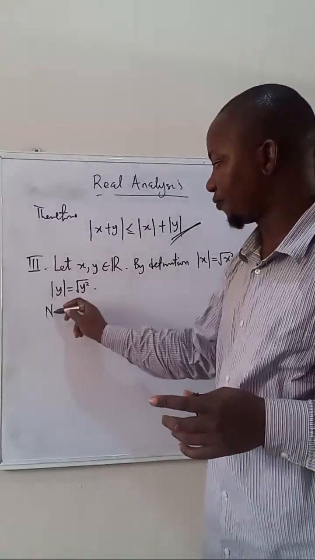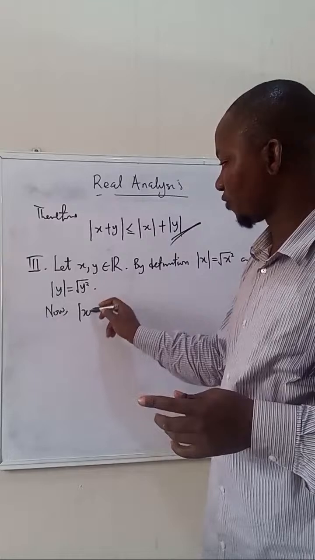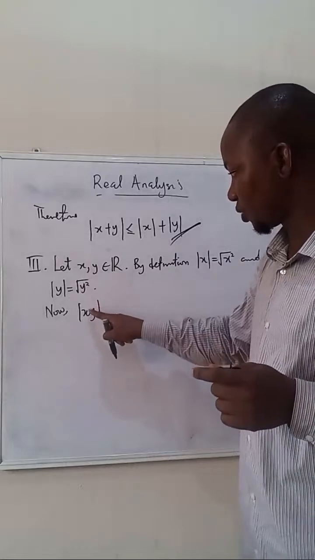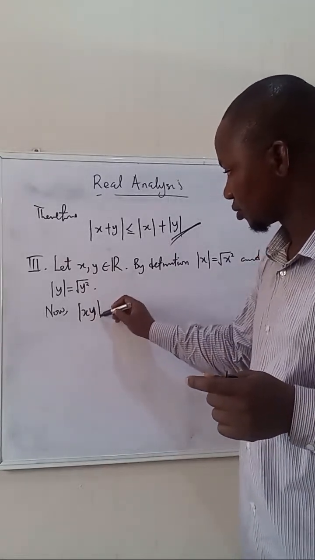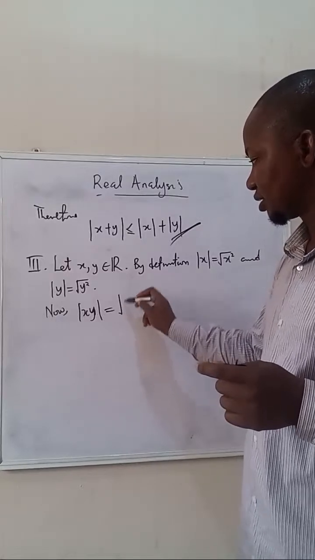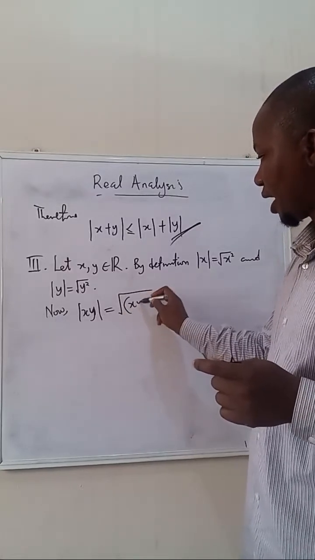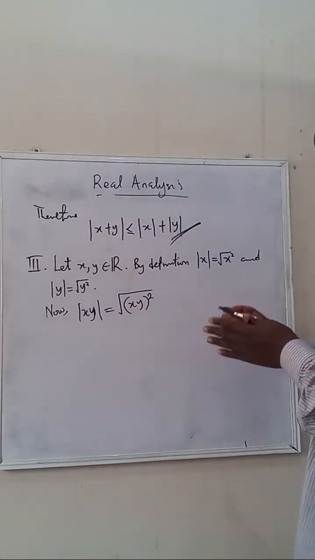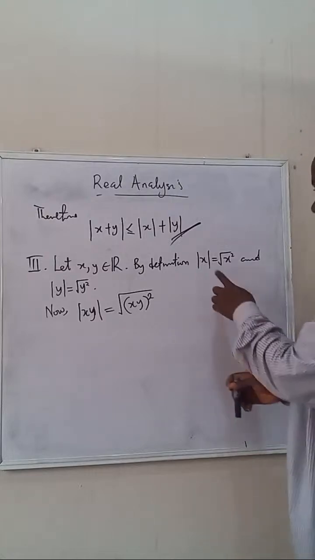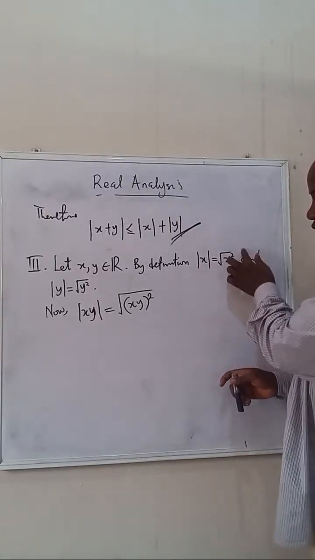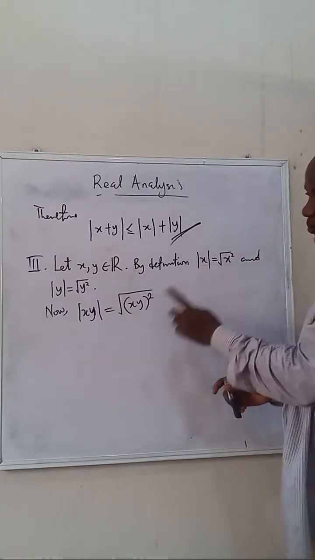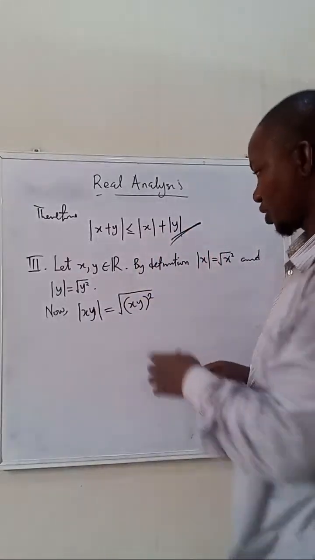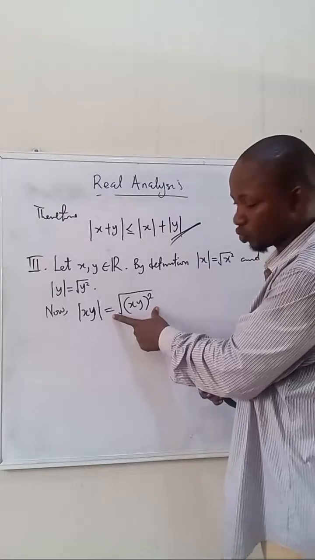If we now have the absolute value of xy, under the same absolute value, again by definition we can interpret this as the square root of xy all squared. When we have a term, we say the square root of what? x squared, because this is a single term. Also, xy is a single term, after the multiplication they become a single term. Then by definition, we have this to be this.